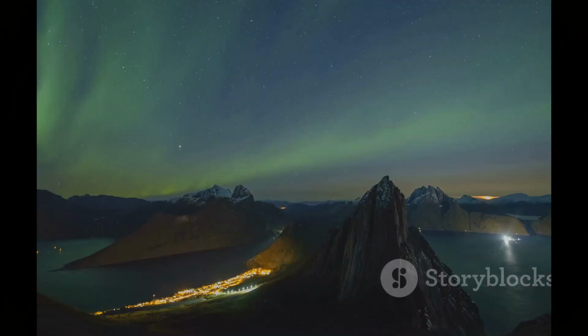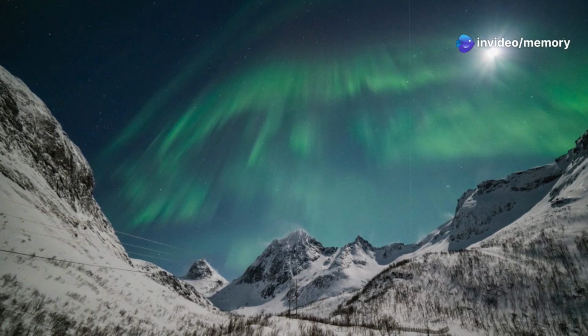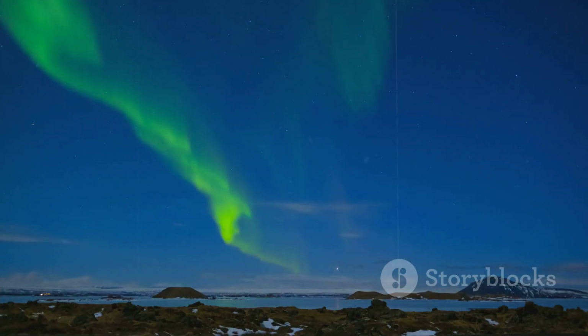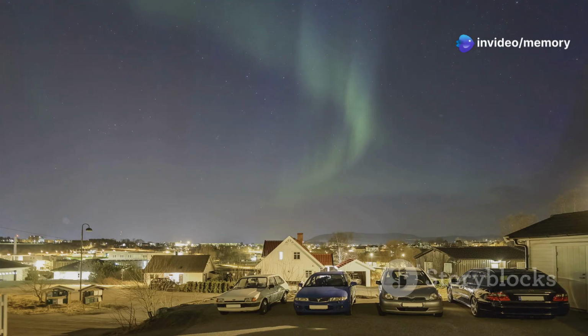To the North Pole allows the beautiful northern lights to occur in Greenland. It's an extraordinary light show in clear winter skies. These are electrically charged particles from the sun entering Earth's atmosphere. Settlements on the east coast are a good place to witness it, yet it's also possible from Nuuk, Ilulissat, and